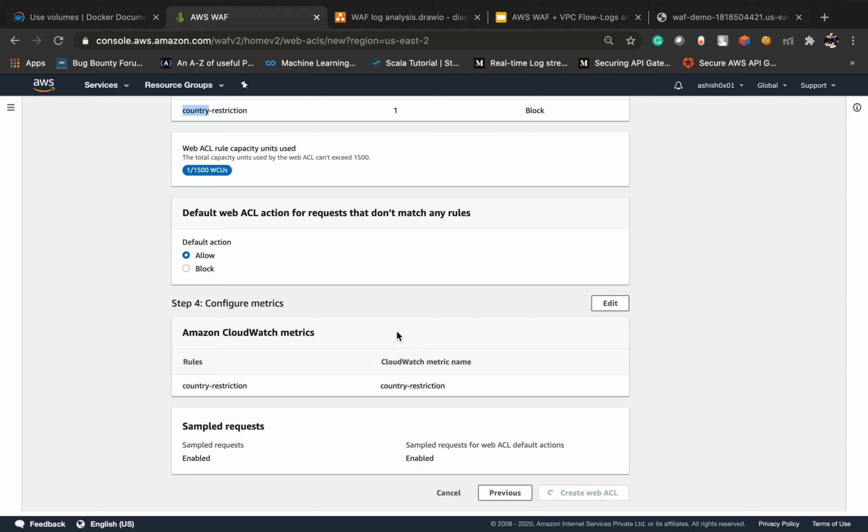So this is our web application DNS. Here it is showing us the WAF works. It will take a little time to create this web ACL.